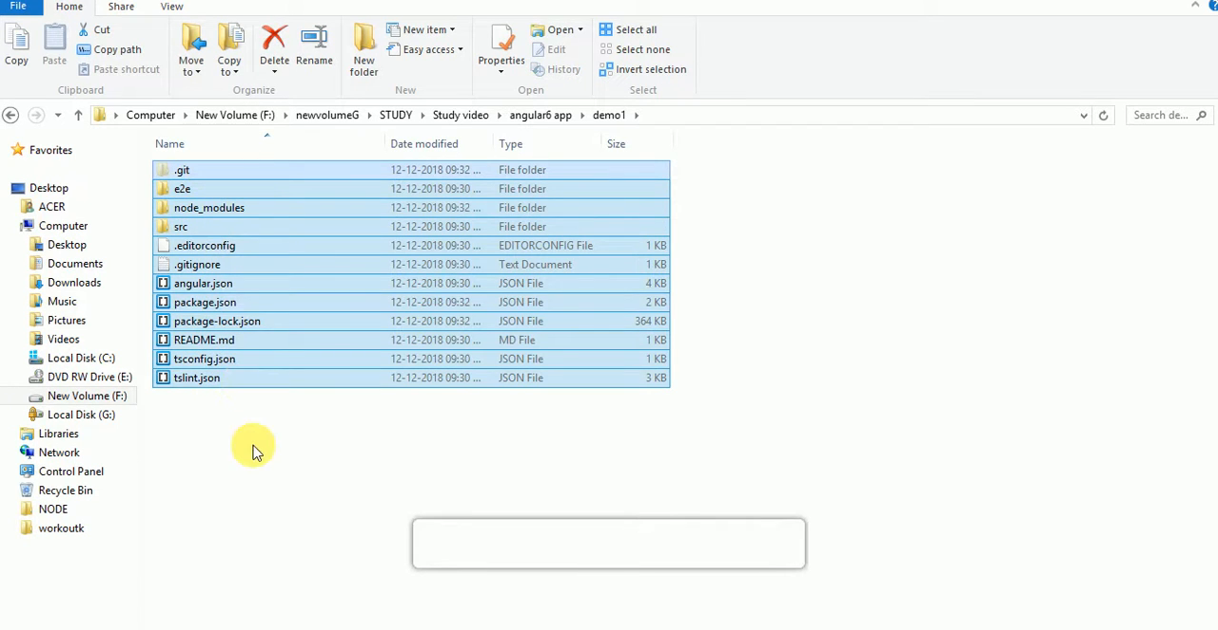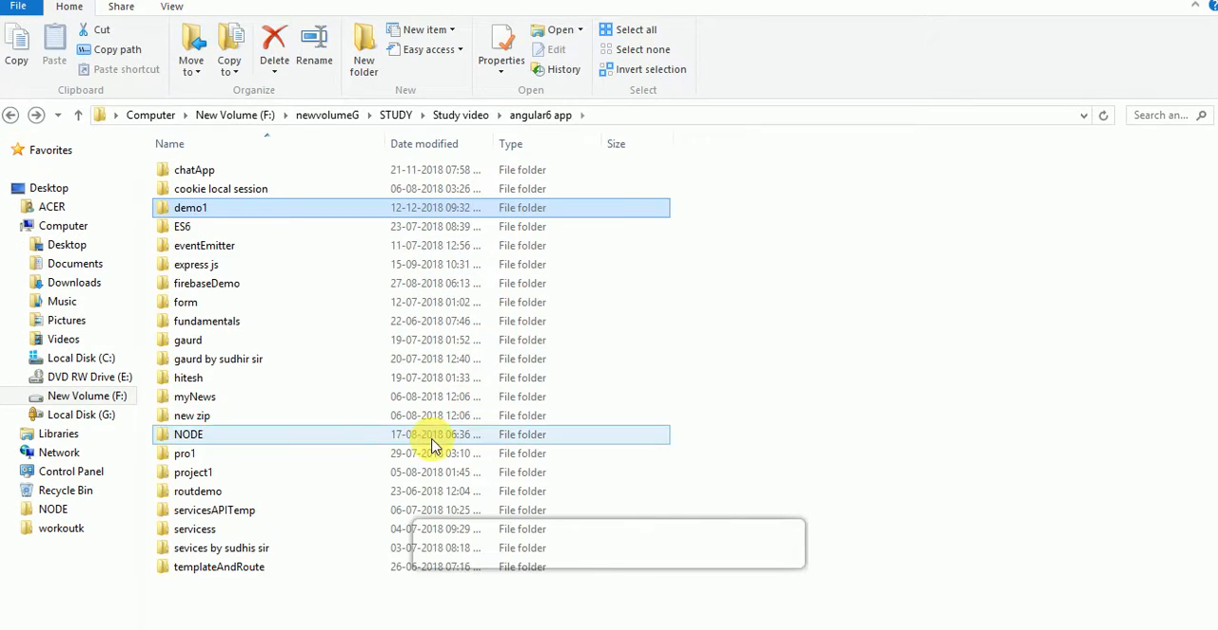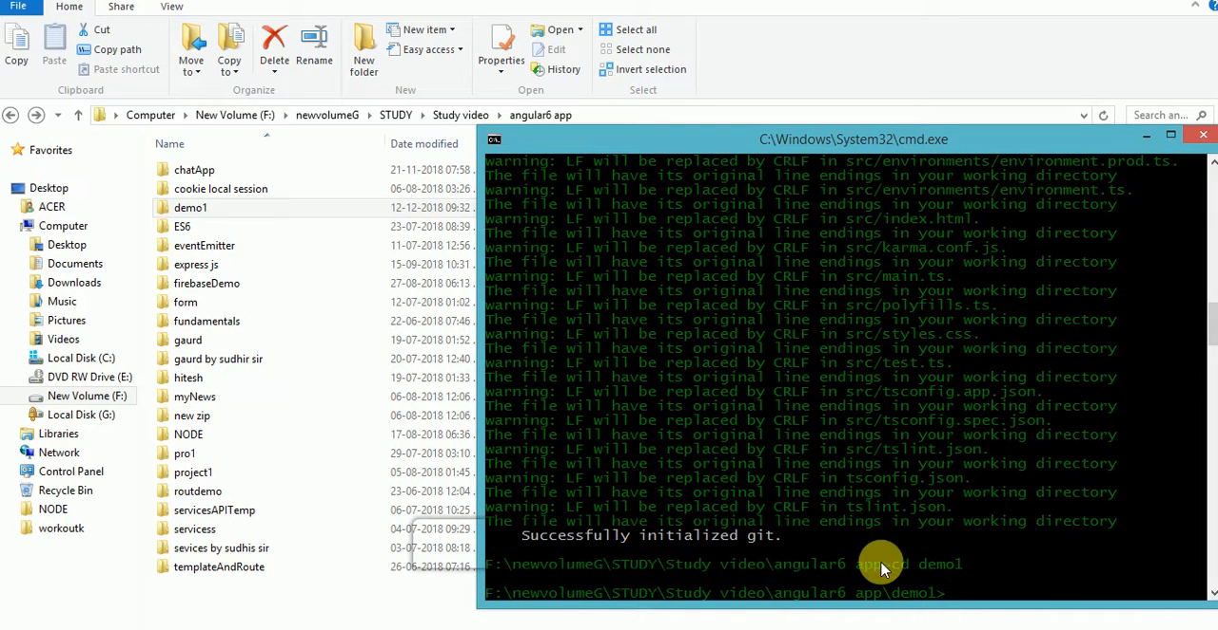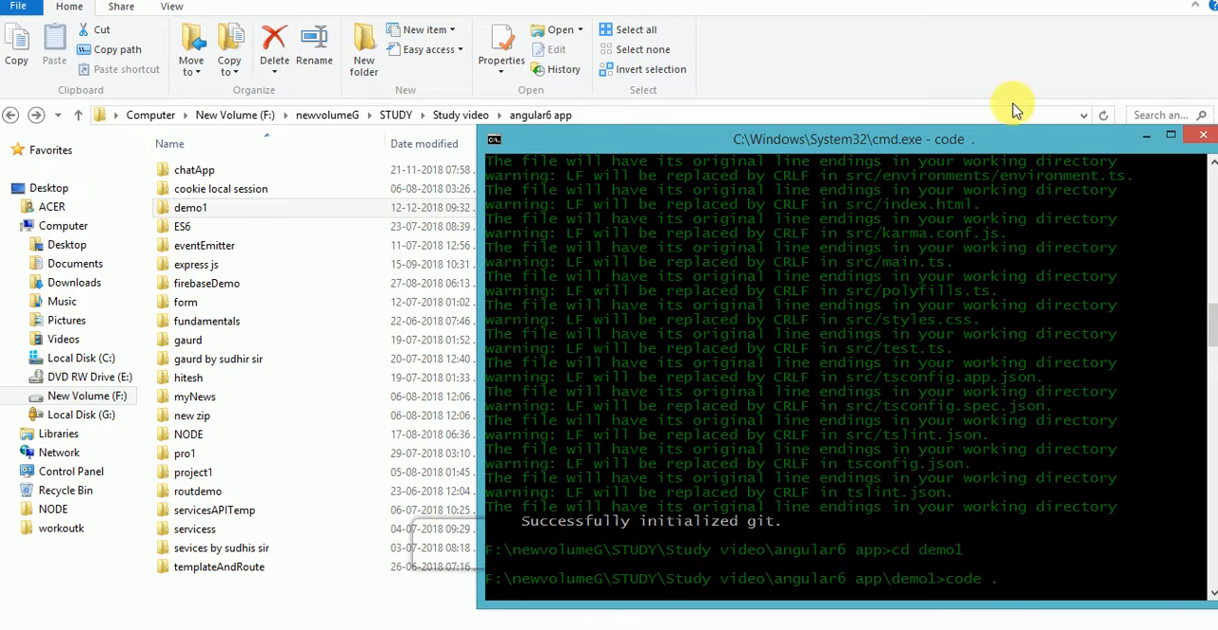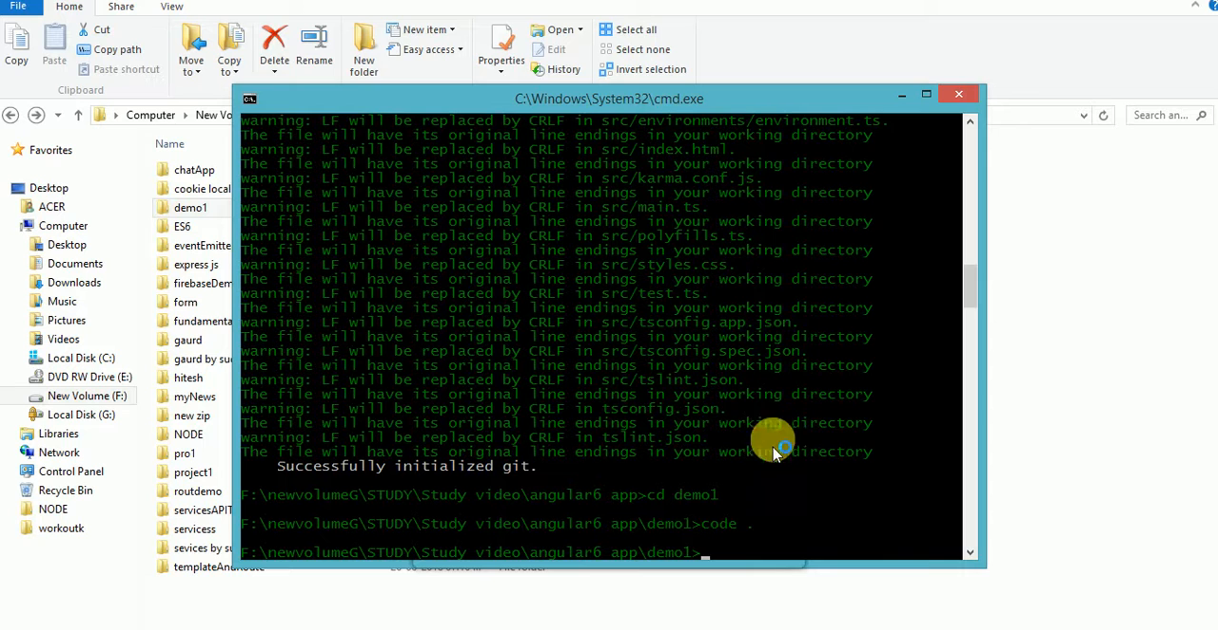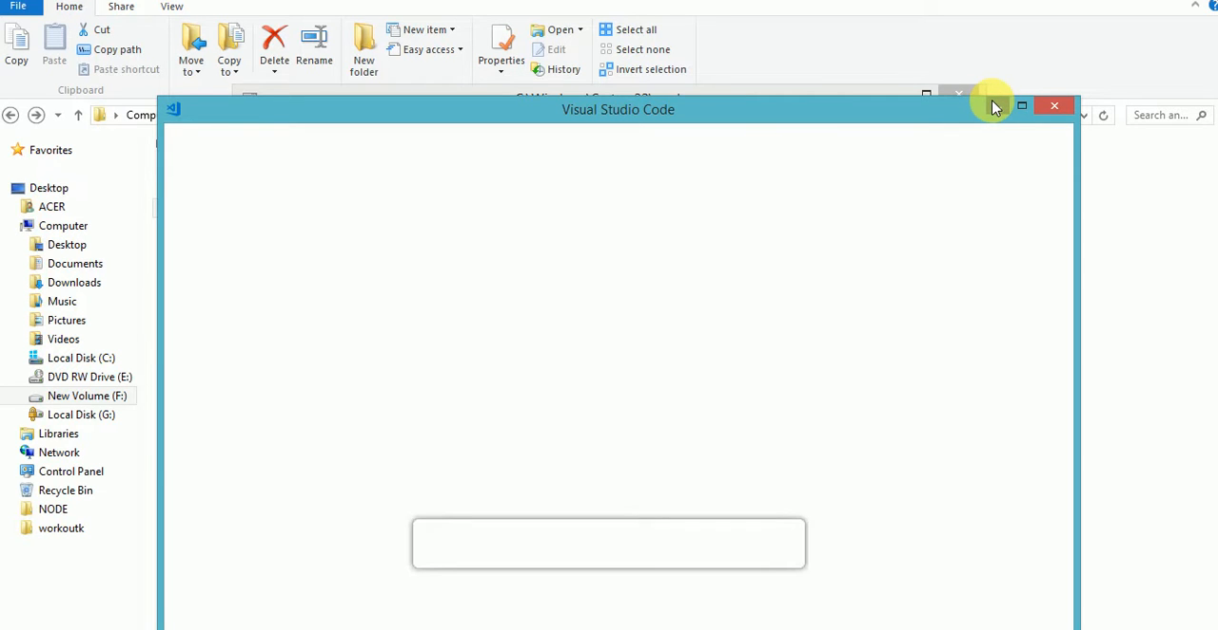Here are our project files. So we have to go inside this directory and then type code space dot, then click enter. It will open our project in VS Code. See,